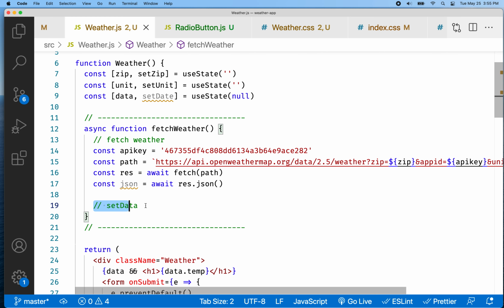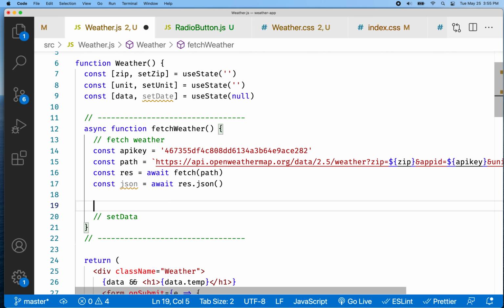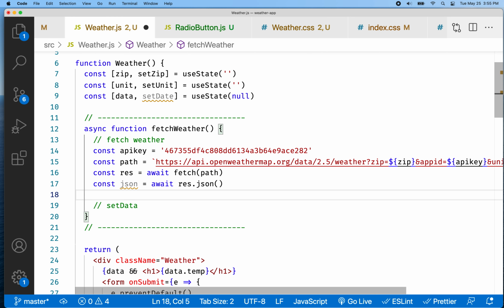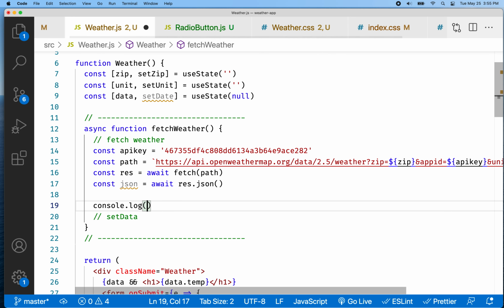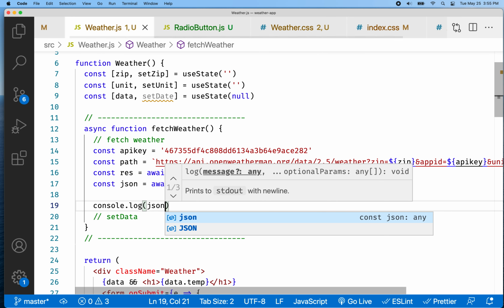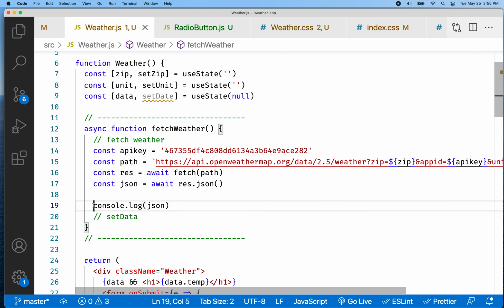So let's do a quick test before we actually set any data. Why don't we do console.log JSON, okay? So this will be a test, kind of a sanity check. If everything's working and we see the data in the console of the browser, then we know that we can move on and do this next step. Okay,